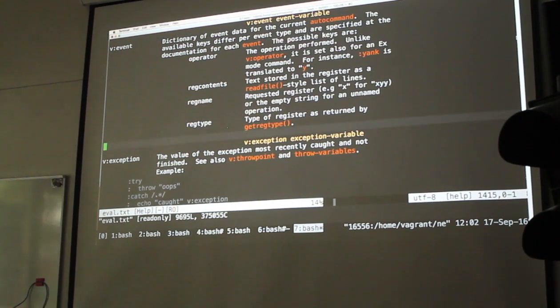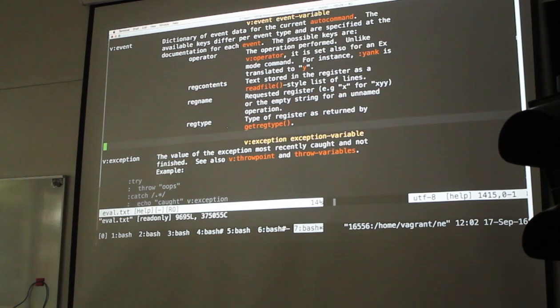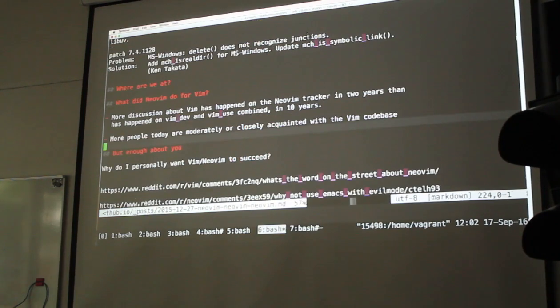This is sort of like in JavaScript where you have that magic event object that appears whenever you listen to an event. You can get the information about that event. This is something that seems kind of obvious now. But up until now, whenever you have an autocommand, you would have to check things like the register or the count or something like that.